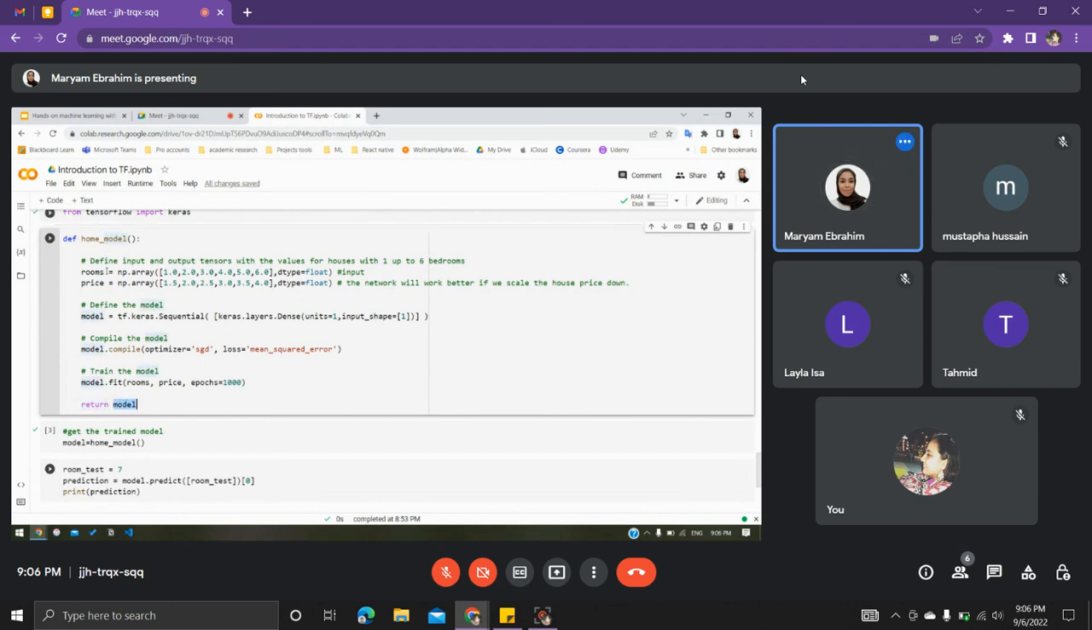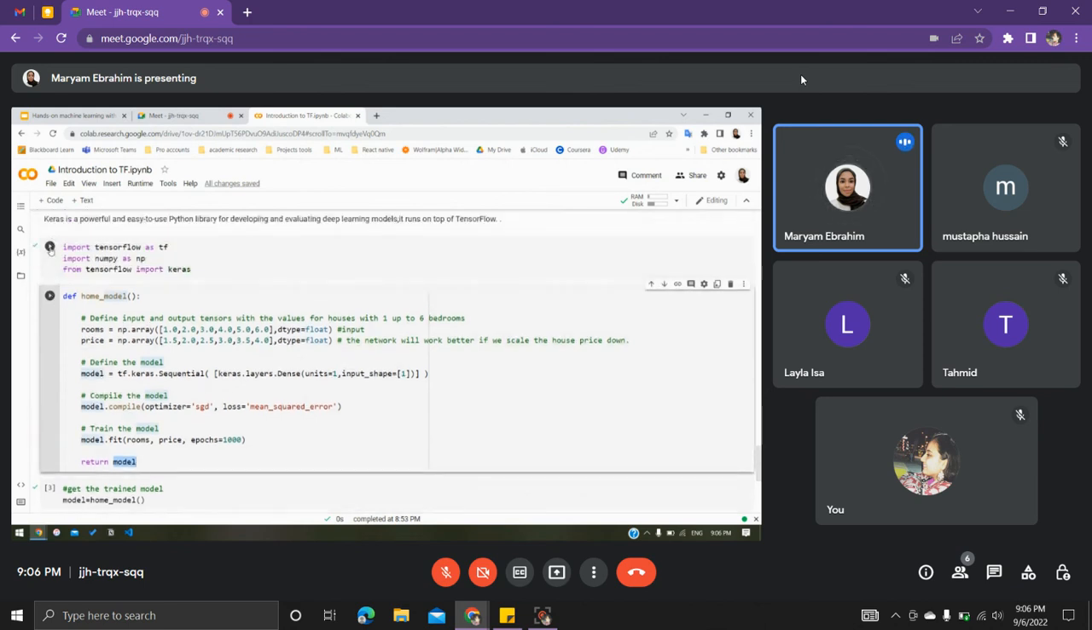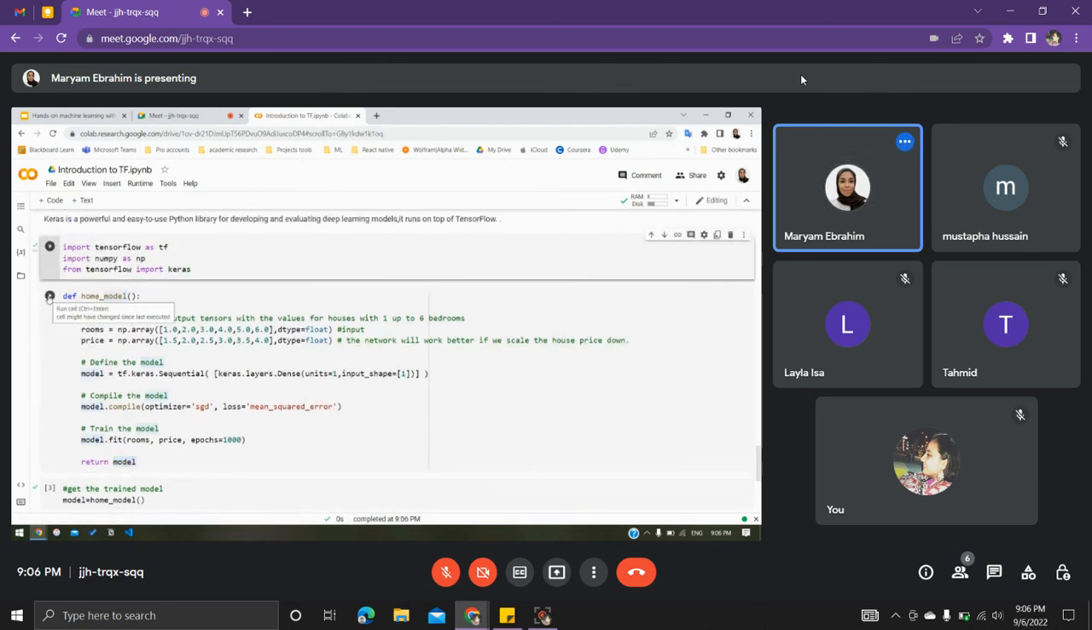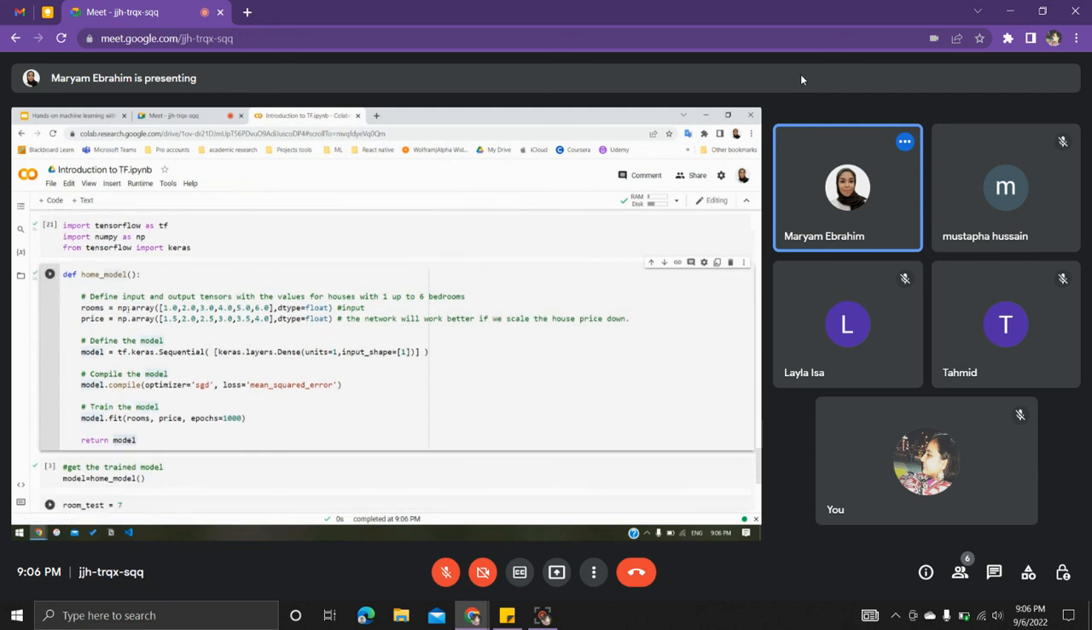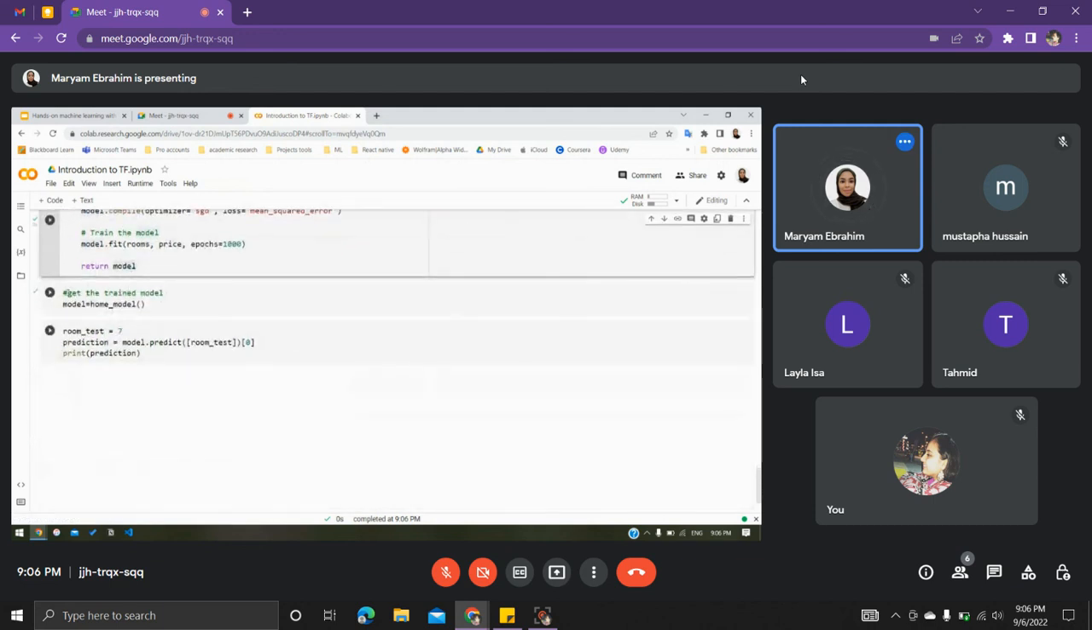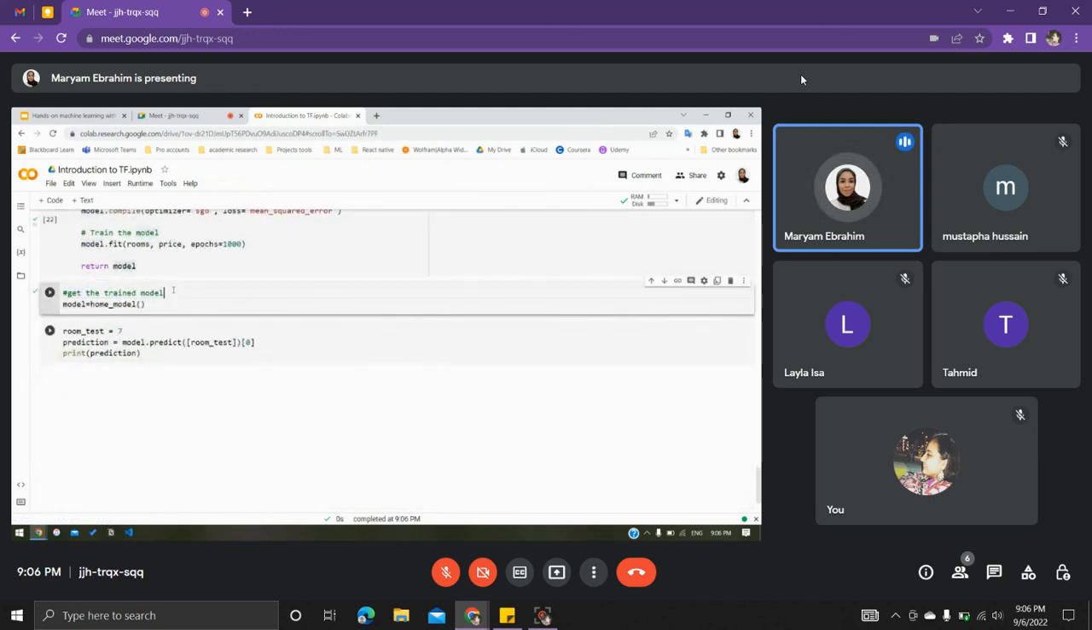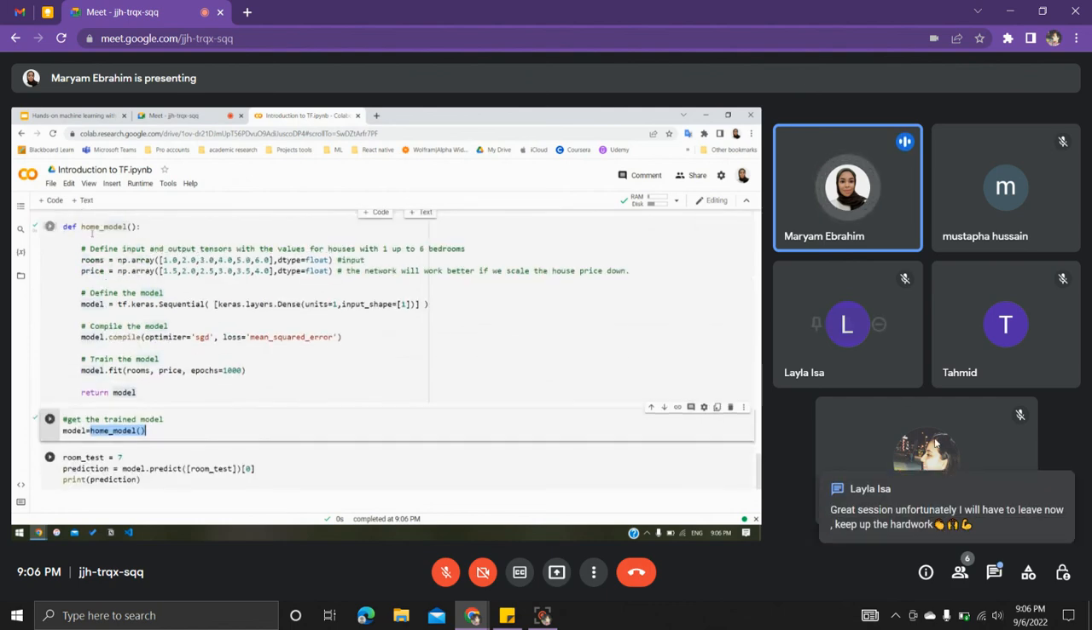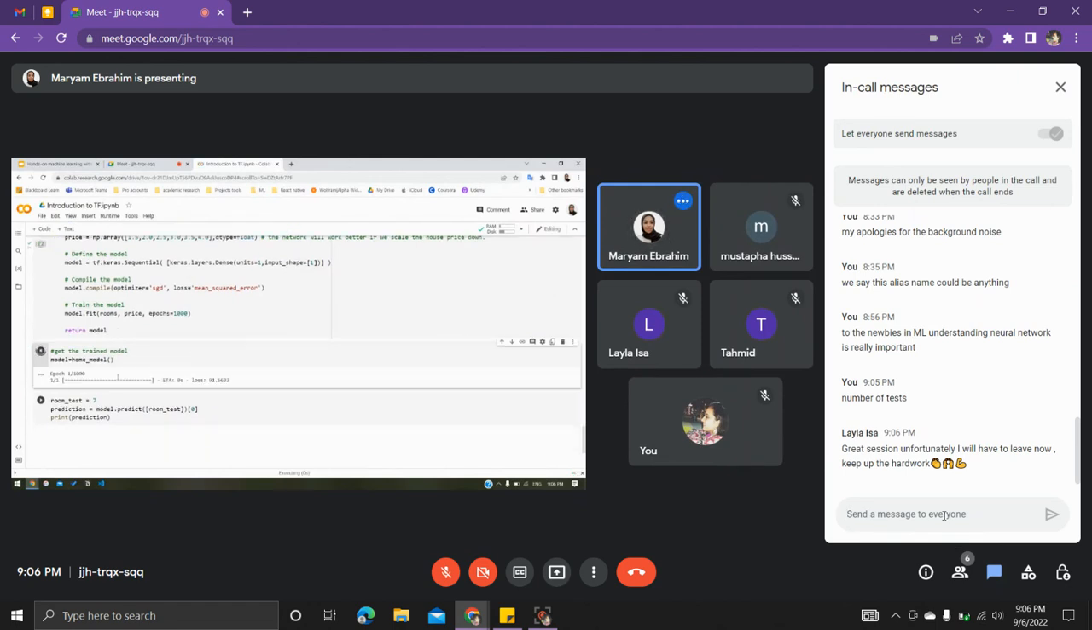So let's run it. I run this. Okay. And then we have to get the trained model to let us use it. So just by defining a variable, and for this variable we call the function that we have defined before. So if we run it,